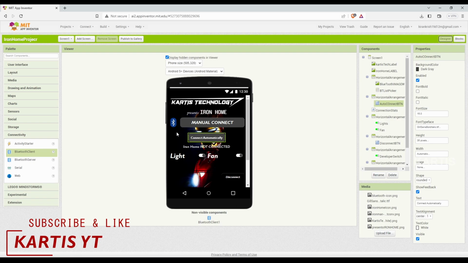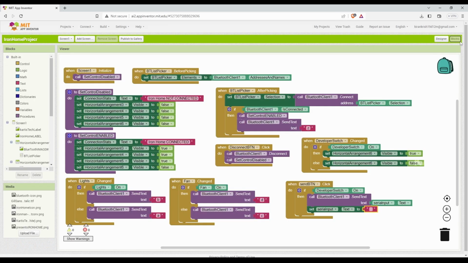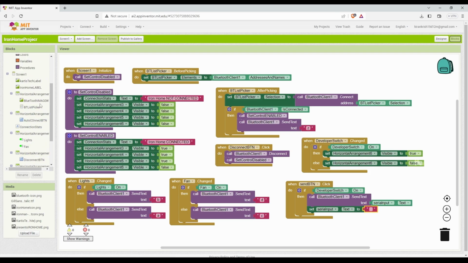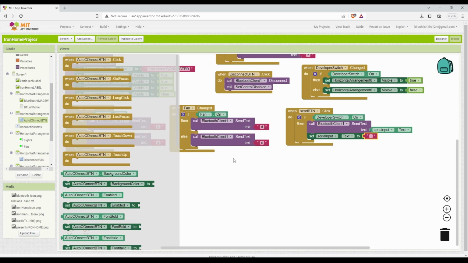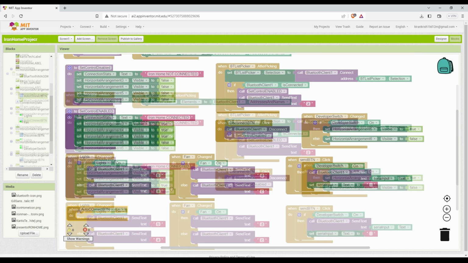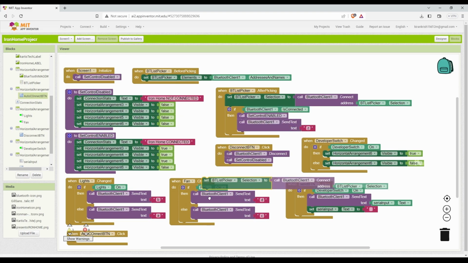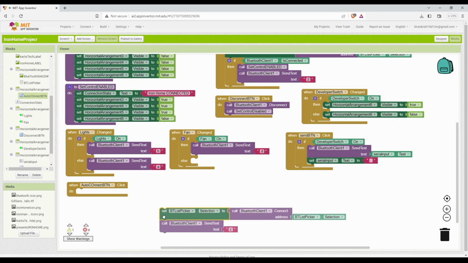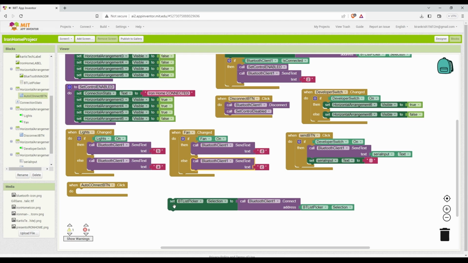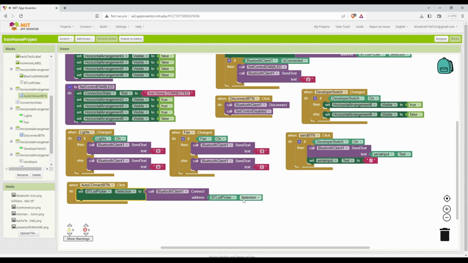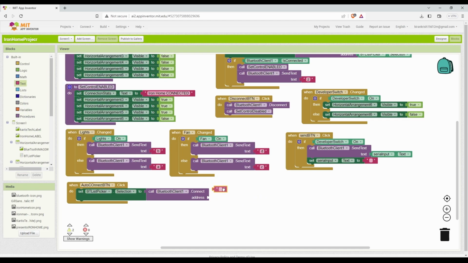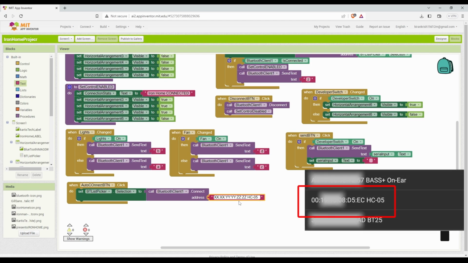We should change the control or connect automatically method for this one. So go to the blocks and connect auto button. When connect auto button is clicked, let's copy this out, and sorry, let's paste this, and we should not use this one. Let's delete this. Take from the text, and you should give the MAC address of your Bluetooth here. The MAC address will be like this, some numbers or alphabets of your Bluetooth. To identify your MAC address,